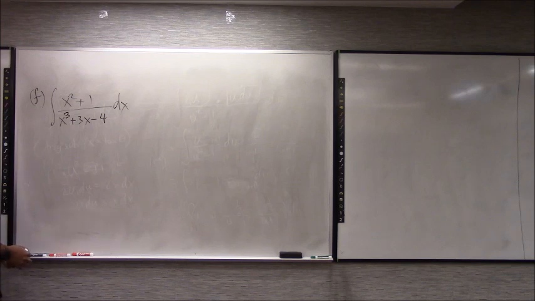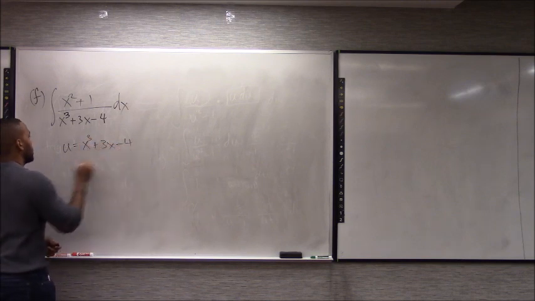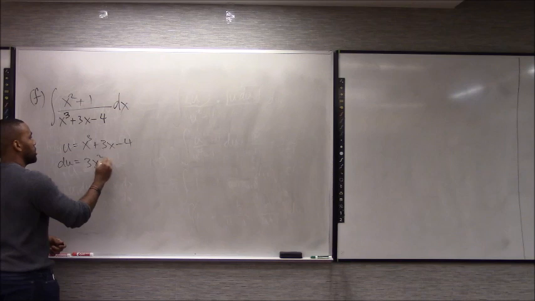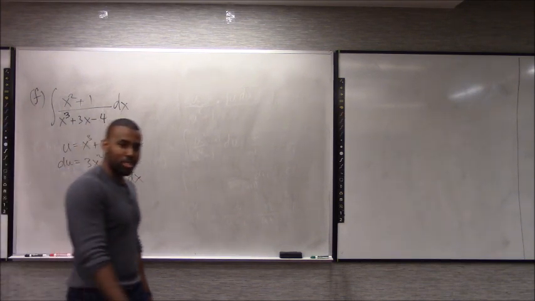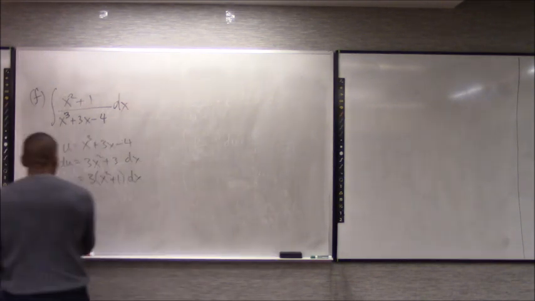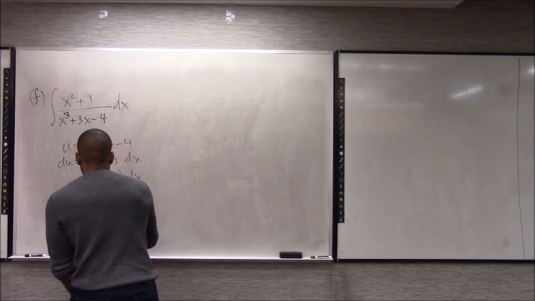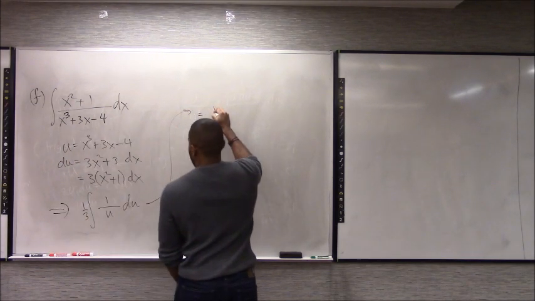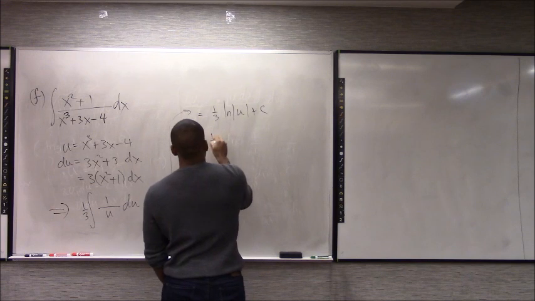Can you do u sub for the whole denominator? Because the derivative. I don't know. What do you get? U is equal to x cubed plus 3x minus 4, then du is equal to 3x squared plus 3. You factor out the 3, and it's 3 times the top. Yeah, no partial fractions. That one kind of faked you out there. This actually would give you the integral of 1/3 1 over u du. So ln of u plus c, which is 1/3 ln of